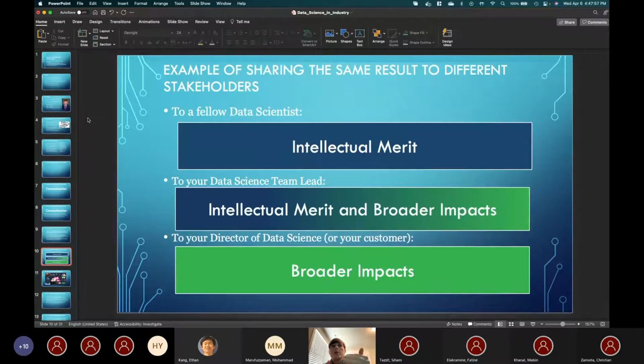In academia, a lot of the time we're stuck at the top one. We're stuck at intellectual merit. We want to tell you about how we did this thing, why, and how it's the best thing ever. This algorithm improves this performance by 10%. But really, when you get into an industry environment, it's much more important to explain why that's important. I see, yes, you got this algorithm to be 10% better, but what does that actually do for me? And that's a very, very important thing.